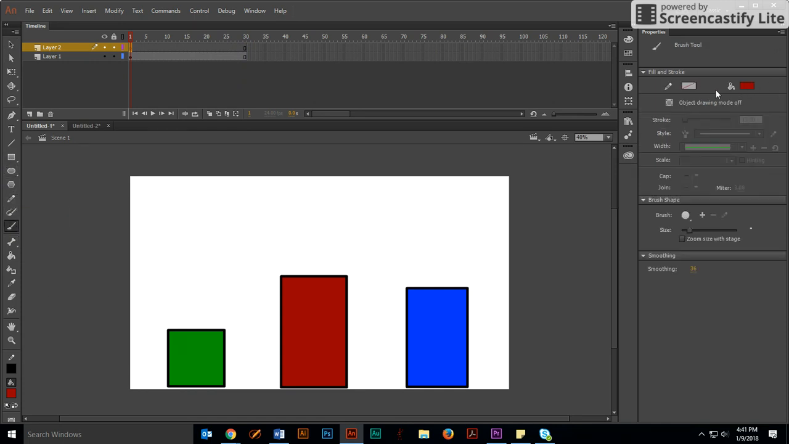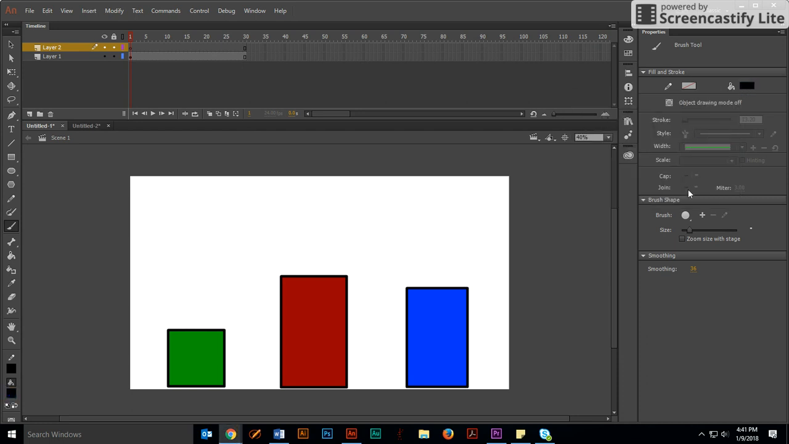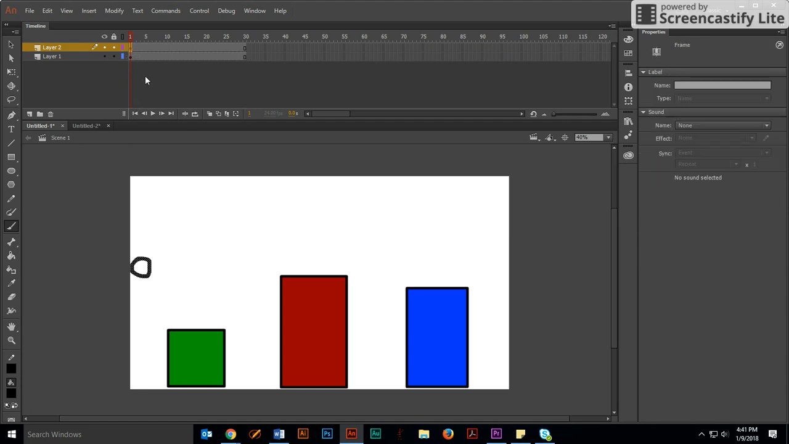So I'm going to click on my little tool here, my paintbrush tool. I'm going to make my brush a little bit bigger. And I'm going to come over here and I will draw a ball. Okay, after I draw my ball, I'm going to go up here and click on the frame and push F7. All that does is it takes whatever is on the first frame and puts a blank keyframe next door